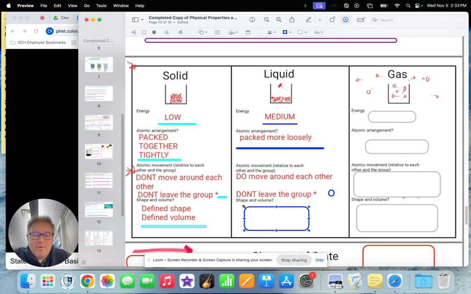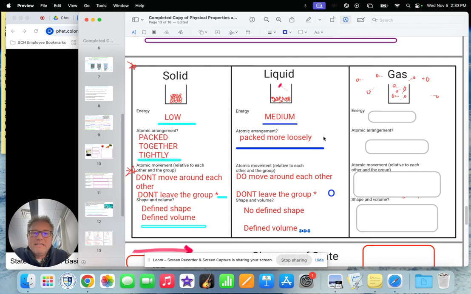Because of this nature of the particles of a liquid, there's no defined shape. It kind of fills whatever glass it's holding, whatever material it's in, right? Liquids kind of fill whatever shape they go into. There's no defined shape, but there is indeed a defined volume, right? The volume of that liquid is defined. And that is something that makes a liquid a liquid. No defined shape, but still has a defined volume, the amount of space it takes up.